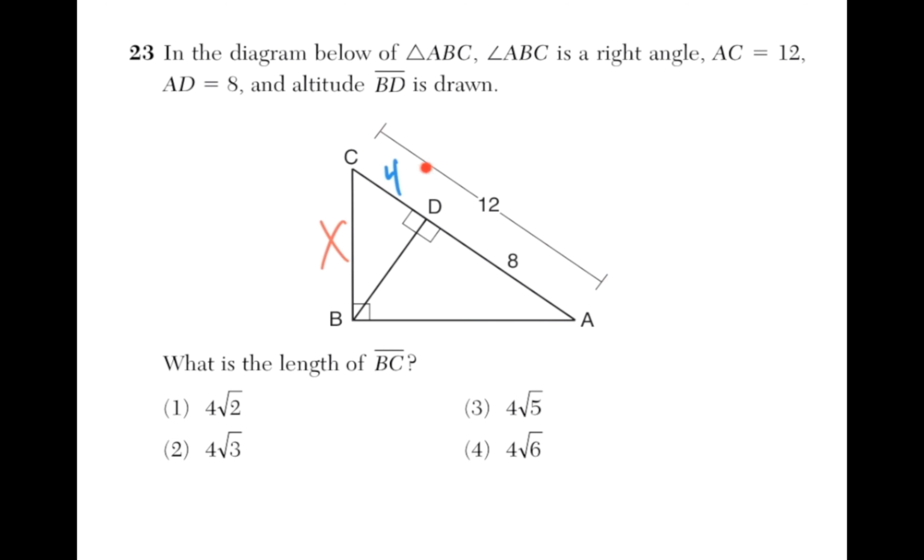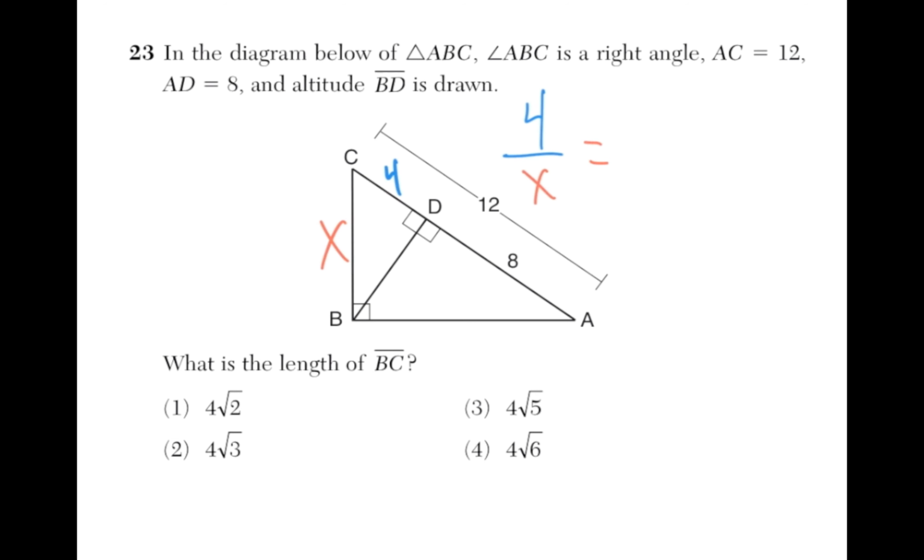We know that the entire length of the hypotenuse of the big triangle is 12. 12 minus 8 gives us 4. Tremendous. So let's set up this proportion. So we'll set it up like the short leg of the small triangle over the hypotenuse of the small triangle